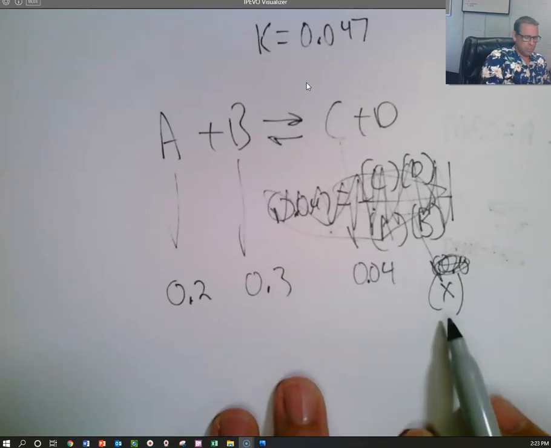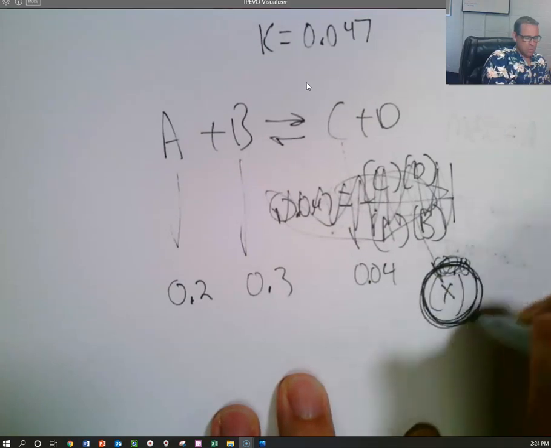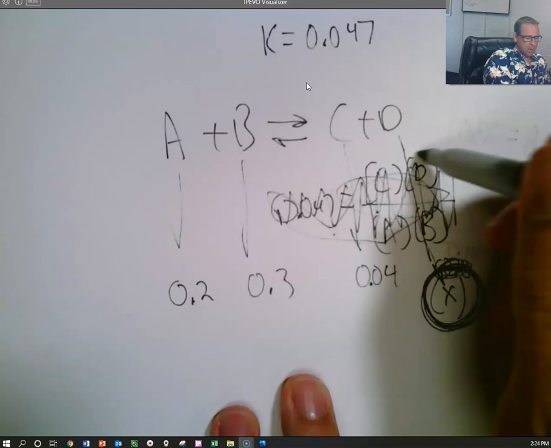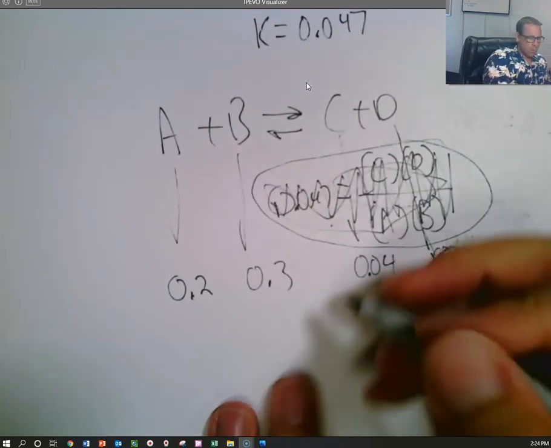I don't know. This is hard. So this is the unknown. This is the unknown, the concentration of D at equilibrium. I shouldn't have erased that. We'll rewrite it now. We know that